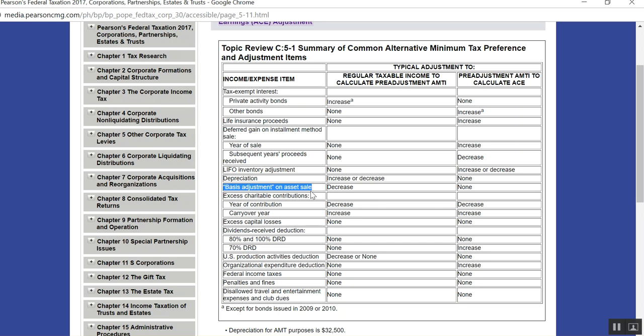It has all the tables in the software written into the software. So for AMT purposes, it would also know what to do, and it would use that 150%. Because you're using 150% declining balance instead of double declining balance, which is 200%, you can see that you're going to be depreciating the asset for AMT purposes a little bit slower each year than you would for regular tax purposes. So you're going to have an add back in the first couple of years of that 5-year